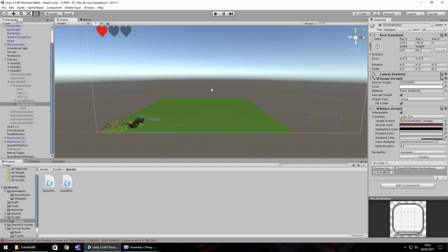Okay, so we're getting somewhere now. This is really starting to turn into an RPG. So next episode, we're going to kind of clean up a little bit with this quest and make things a little bit more uniform, get things to appear correctly and disappear as and when we need to. We're going to add a quest marker. We'll start looking at weapons. We'll add more to this quest, and I think we're going to start looking at XP earning as well,